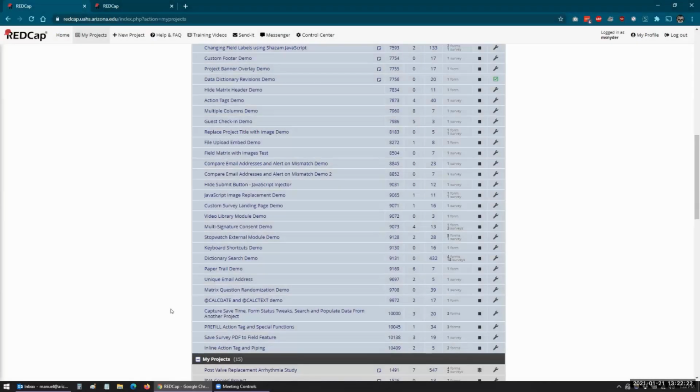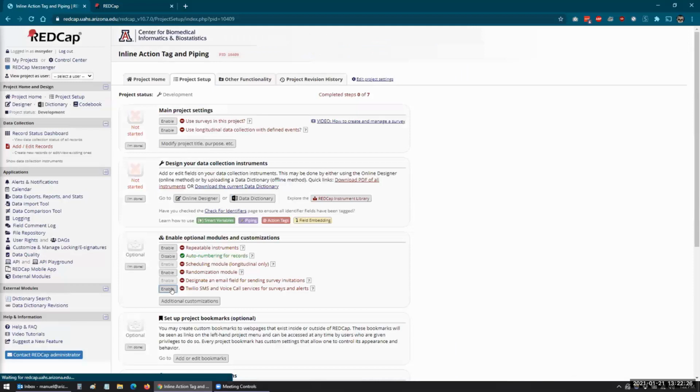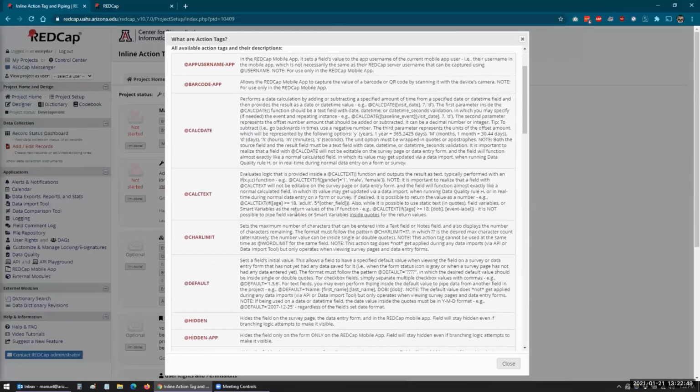There are three main features that came with the new version. Two of them are the inline action tag and inline piping. Actually, there were four, because the other one was that you could see the calculated field and the action tag values in the fields. So this inline action tag, basically, if you scroll down here,